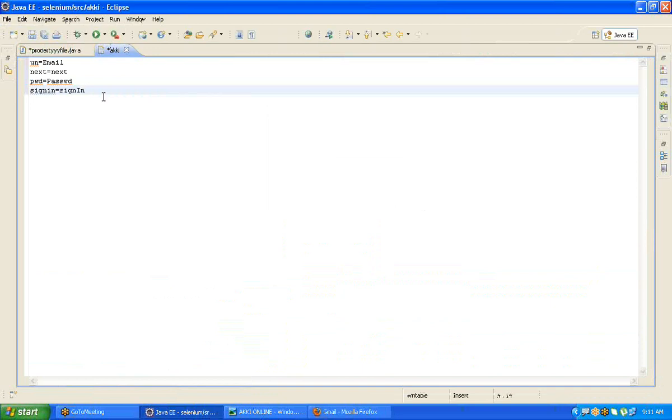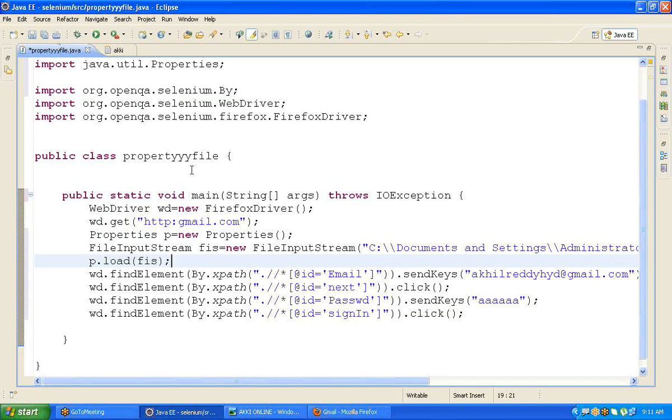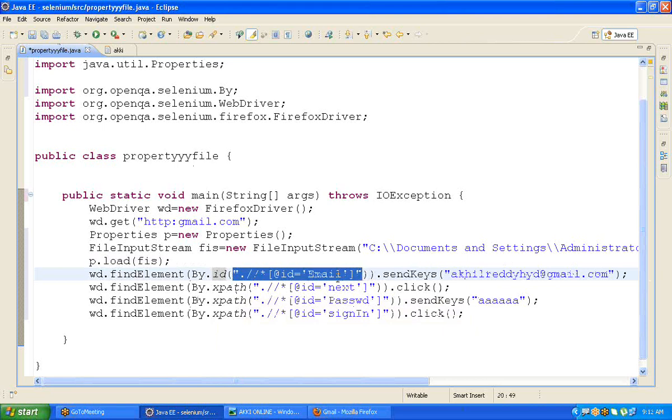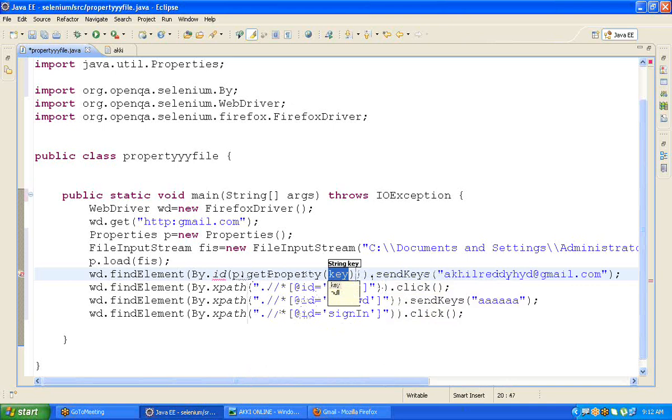Right. This is the property file. All the properties we are keeping in one file, which we treat as a property file. So save. Using the properties, Selenium will identify the object uniquely. I was mentioning XPath, but just remove it and keep ID. And simply we can write here p.getProperty.